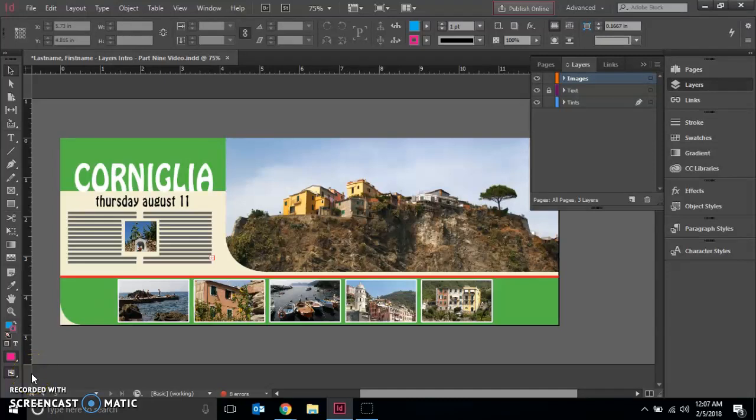Welcome to Chapter 4, Part 11, where we're going to learn how to group items on a layer. So the first thing I want you to do is make sure that your Layers panel is open and that you have your last name, first name, Layers intro file open. Make sure your Layers panel is open, and then we are going to click on the triangle of the image